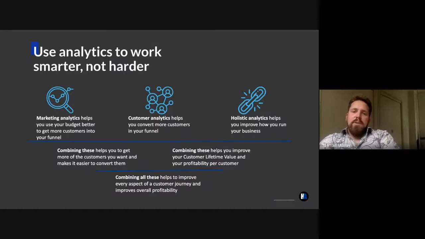chances are it's not because of your website or post-commitment. It's not because of your website or because of your marketing. It's because of the product or some other experience they've had with your company. So if you use holistic analytics where you're tying information across the rest of your business, you can actually understand what touch point was driving them away, what part of the purchase they didn't like, what experience it was they didn't like, and then you can tie this back into customer analytics and optimize the entire chain.